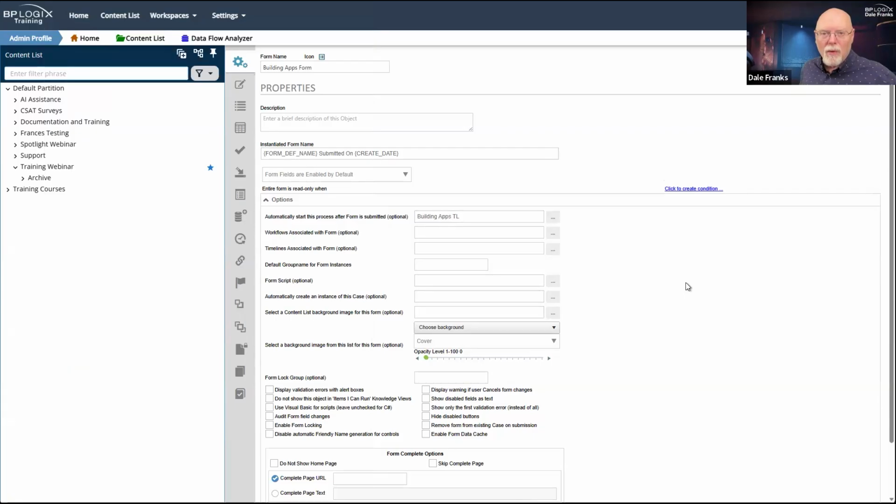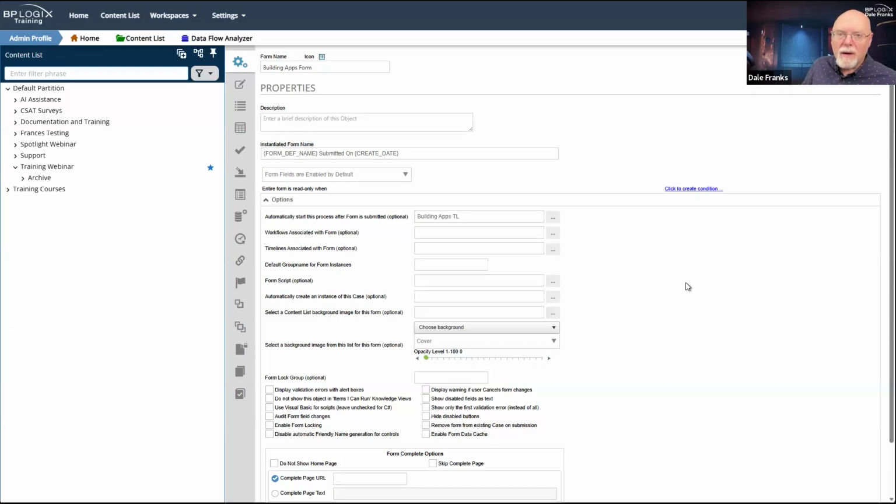Now, let's go back to what I said about conditions. I often need to have conditions on the form, and we are in fact going to have some. There are sometimes, in the example that we are eventually going to get to sooner or later as we build out this project, going to be some form fields that I only want to display based on where I am in the process timeline.